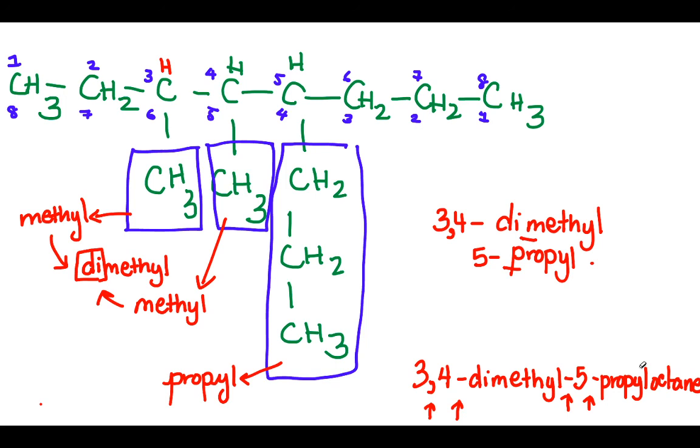I also think it would be really good practice if you just start from methane and go to decane and draw the first 10 hydrocarbons just as alkanes. I think that would be really, really good practice, and you can cross-check that with the formula to make sure that you've got the appropriate number of carbons and hydrogens. But that's pretty much it for this section of the hydrocarbons lesson.